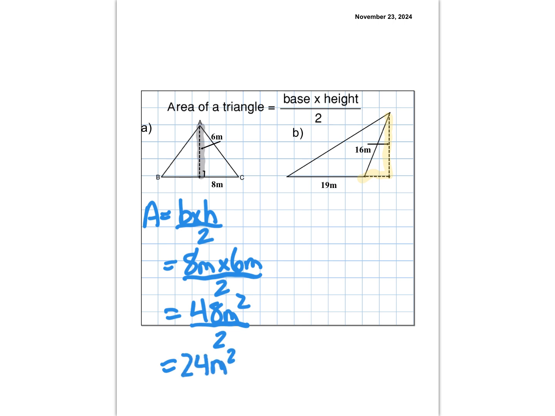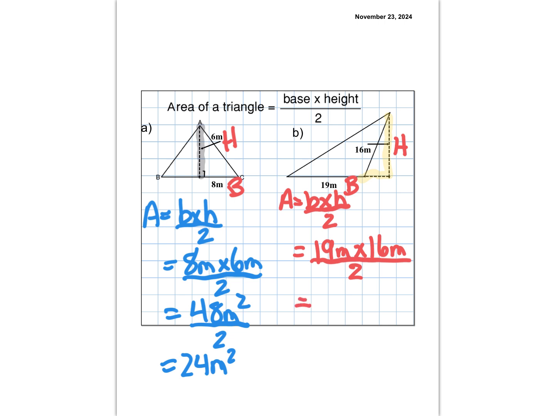And with this one, we'd use the same formula again. And notice I always start with that. A equals base times height divided by 2, okay? Which equals, the base is 19 meters times 16 meters, which is the height. And again, one of the things you can do is put B beside this, and put H over here. And we could have done that here as well. Again, the dotted line is always the height, so make sure you identify that. But anyways, back to this one. If we then go ahead and divide by 2,